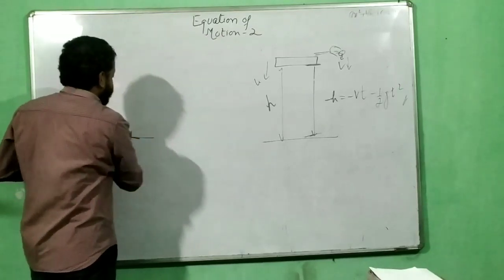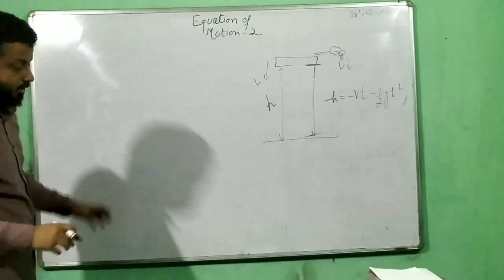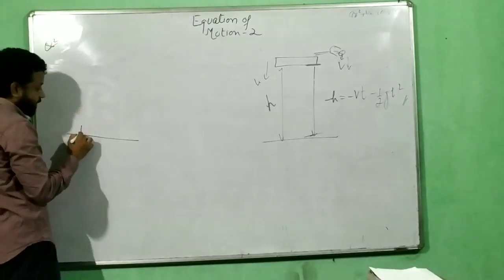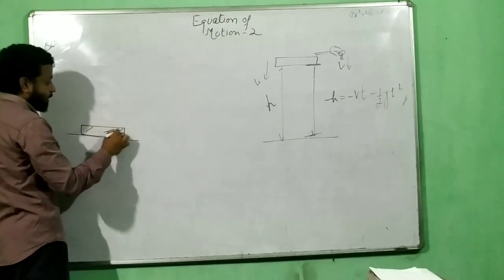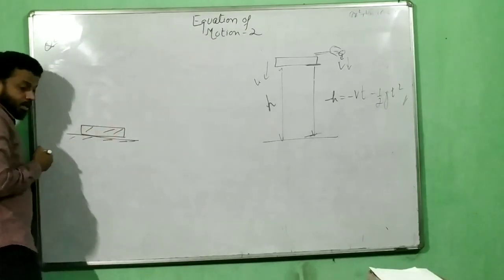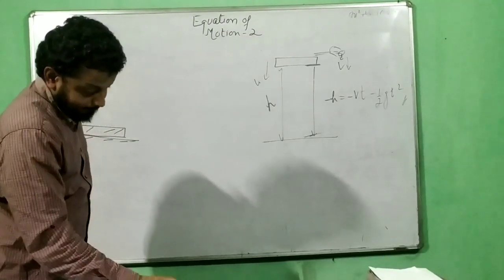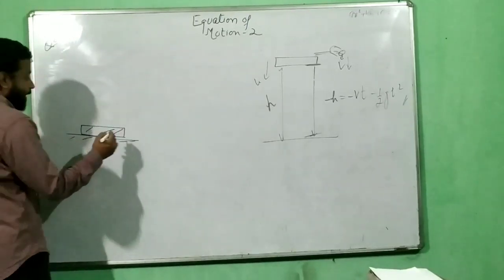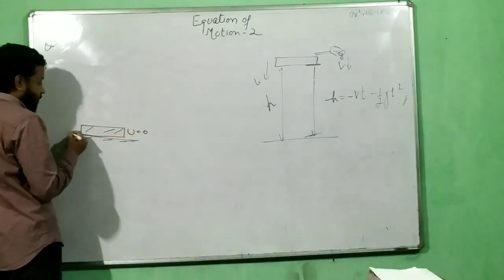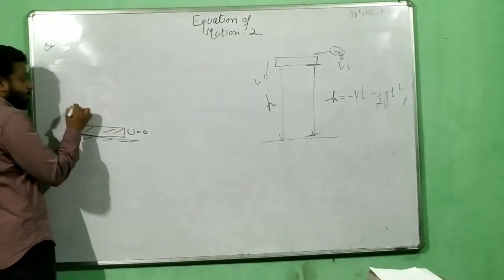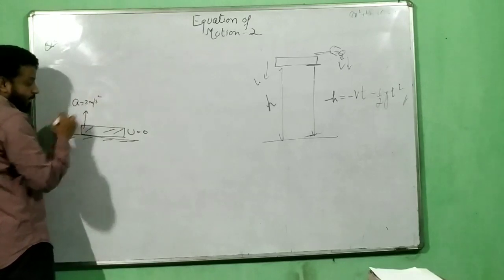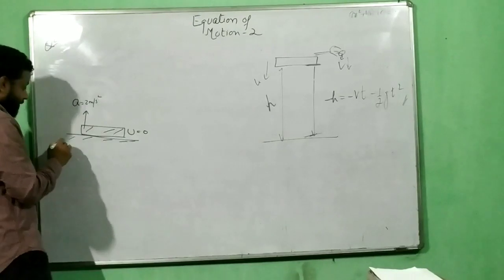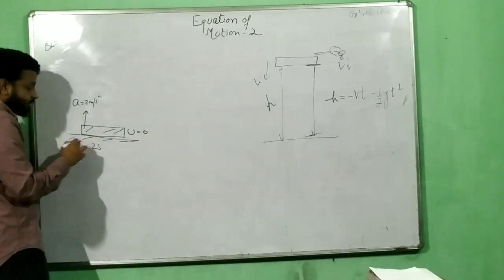Okay, now let us consider this trick. There is one more thing in this question. Just imagine that you have a platform which is lying on the ground. Okay, this is the ground, and the platform is lying on the ground. So initial velocity of the platform is 0. Now suddenly this platform starts moving up with an acceleration of 2 meter per second square. The question is, after 2 seconds a body is released.